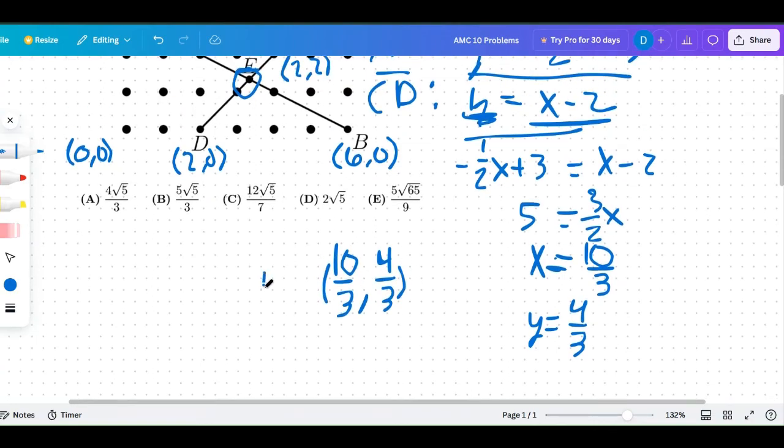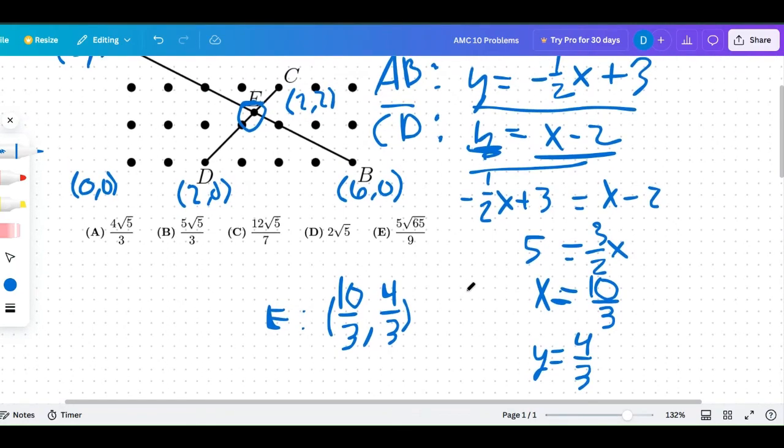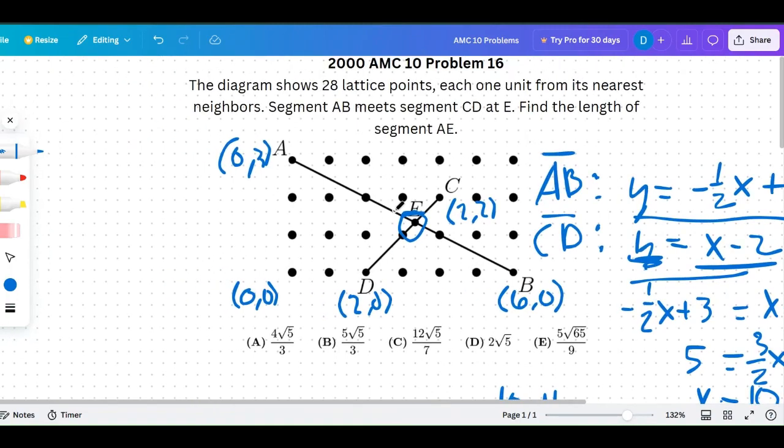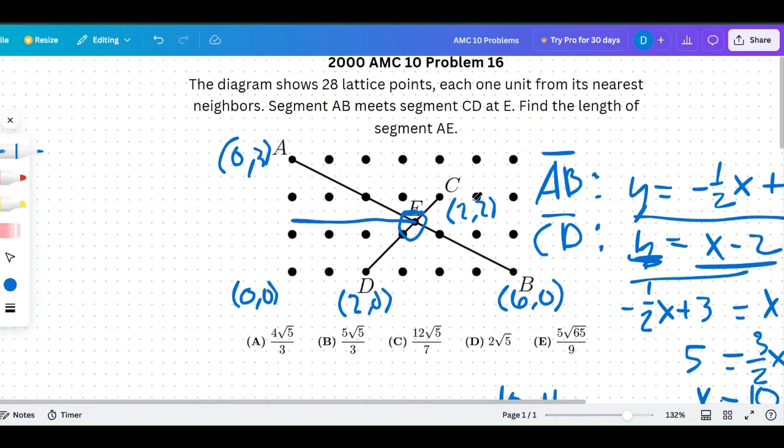And you're like, Daedalus Math, how is this going to help us? Well, it helps us in finding AE, because we can either use the distance formula,